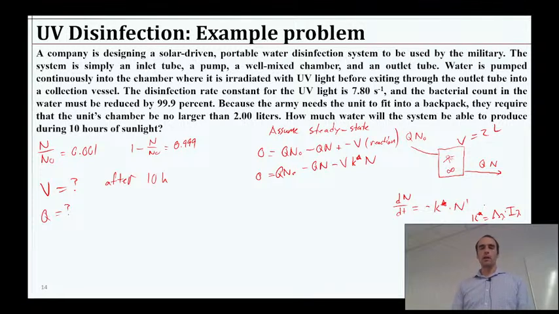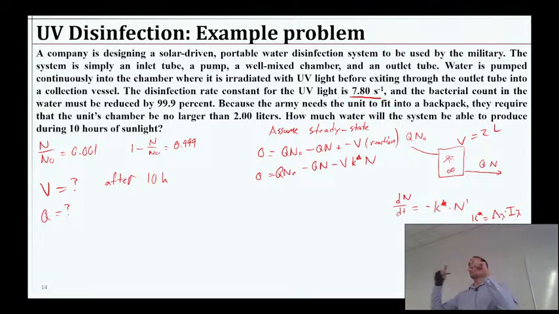And we could say that k star should be some function of the intensity times the specific lethality k, which we could also write as an uppercase lambda. Turns out if we take a look at the units, we're given units for the disinfection rate constant here as per time. That means what we're given is basically the k star. So in this problem, we don't even need to go to the level of figuring out what's going on with this intensity stuff. It's an option if we need to.